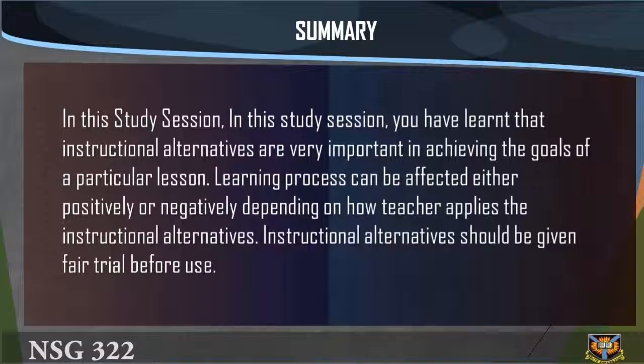Study section summary. In this study section, you have learned that instructional alternatives are very important in achieving the goals of a particular lesson. The learning process can be affected either positively or negatively, depending on how the teacher applies the instructional alternative. Instructional alternatives should be given a fair trial before you